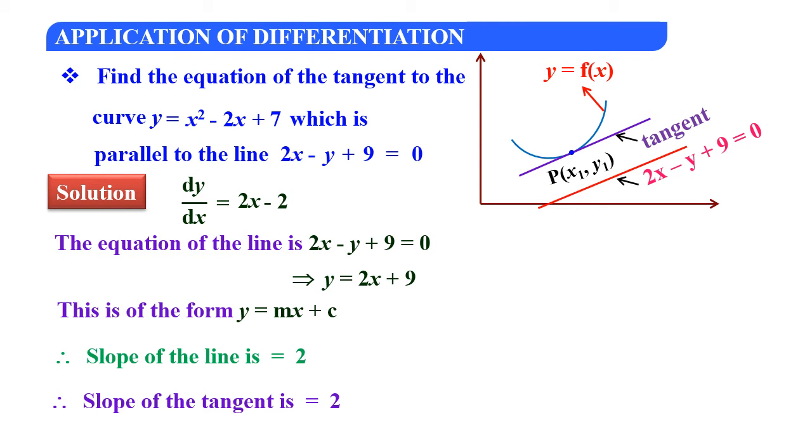In this problem, here you need to find out the equation of tangent, and its curve is y equal to x square minus 2x plus 7, and one parallel line is also given with this curve. So when you will be finding the equation of the tangent, first of all we require the coordinate points and slope. First find the derivative of this given curve. dy by dx equal to x square differentiation is 2x minus 2x differentiation is just 2, and you call this equation number 1.